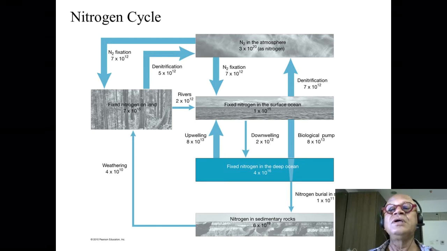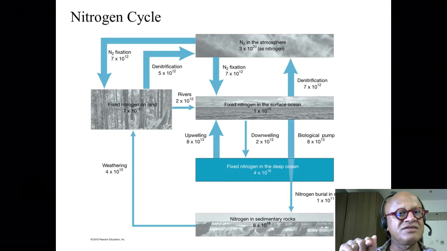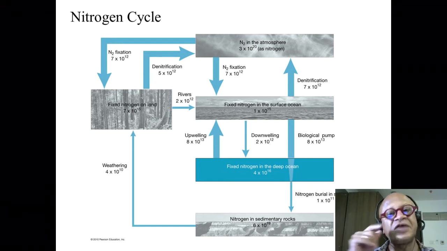Okay? But most of the nitrate in the ocean is produced by so-called nitrogen fixers. I mentioned this before, diazotrophs they're called, Trichodesmium and so on, which have the special ability to take dissolved nitrogen in the water and use nitrogenase, an enzyme which is also there in plants, and produce nitrate. That nitrate is then used by other phytoplankton.